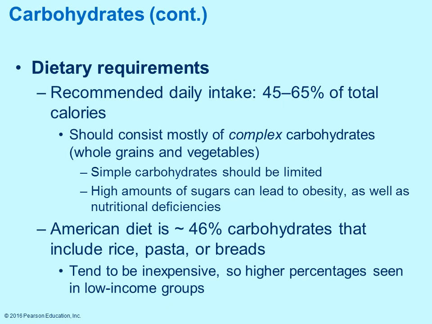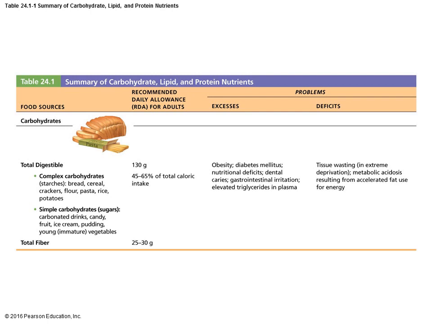You need to limit and not take in a huge amount of sugars. A lot of the American diet exceeds this recommendation. A lot of the American diet will include rice, pasta, or breads. One reason for that is they tend to be inexpensive, so depending on which economic group you fall into, there's only sometimes so much money around and what you can afford to get. So we can say what these recommendations are, but that might not fit in with your budget from a realistic